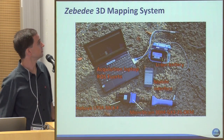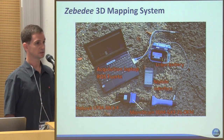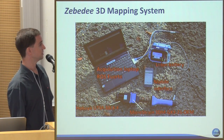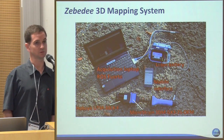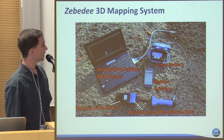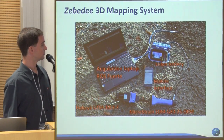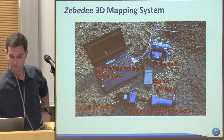So I'll start with the Zebedee 3D mapping system. I don't know if anybody here is into mapping at all, but this is a system that was developed by my colleagues. The main people behind it were Mike Bossett and Robert Slott. And it's a very, very cool concept. If you see on the bottom there is, let's see if I